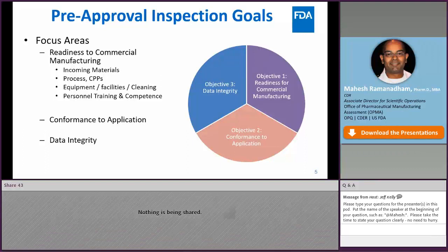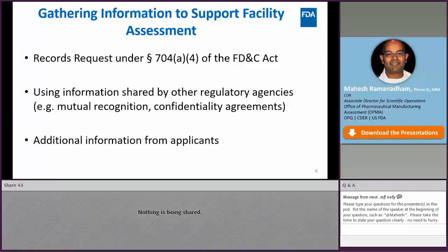As a result of these activities, though, we have had to think about different tools that can get us information to complete our assessments in the light of the inability to conduct inspections as we normally would. So, what are those tools and what can we do if we can't conduct an inspection due to restrictions under COVID-19? Now, in response to COVID-19, we published a question and answer webpage covering manufacturing and supply chain as well